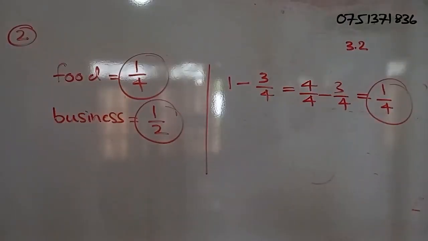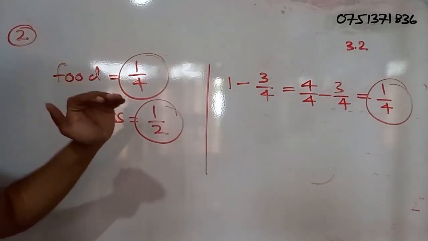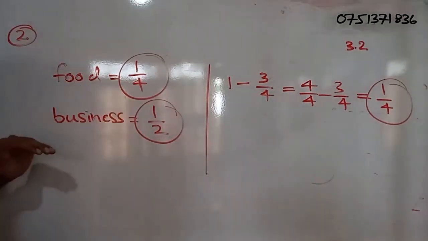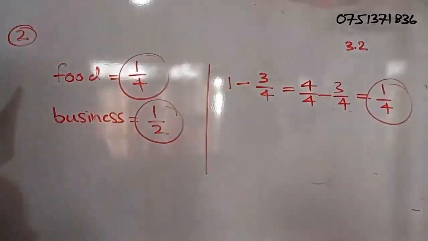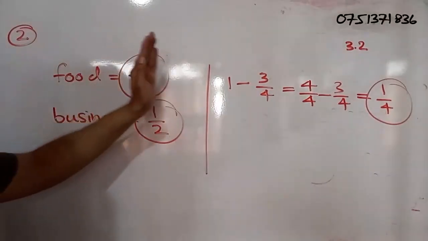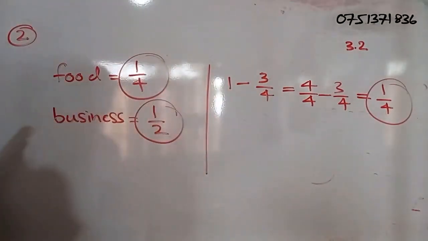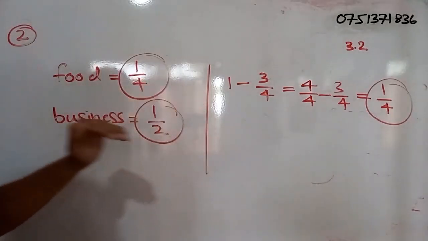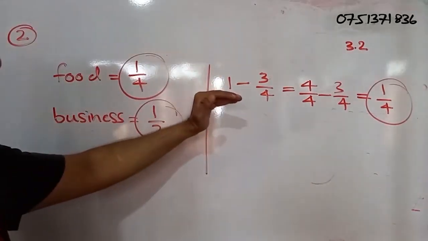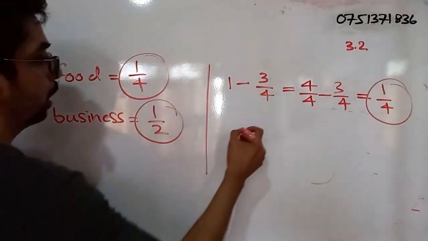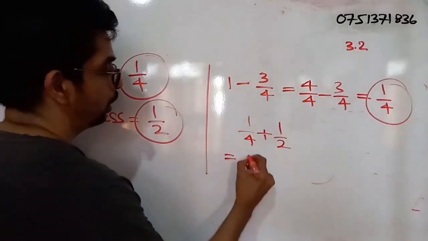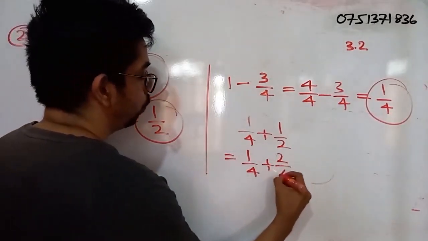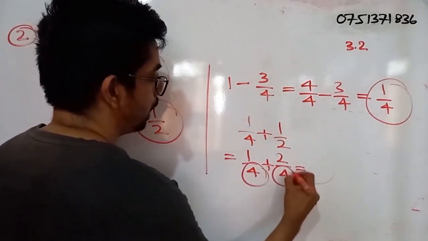Right. So that will be the answer. For this question you have to write some sentences because this is a sentence question. The sentences should be something similar to this. Amount that he spends for food 1 by 4. Amount that he spent for the business 1/2. Then the total amount: 1 quarter plus 1/2, right? That means 1 quarter plus 2 by 4. Now the denominators are same, so we get